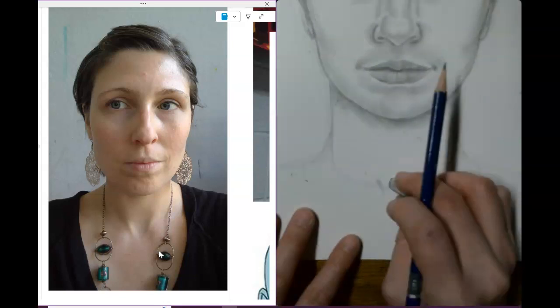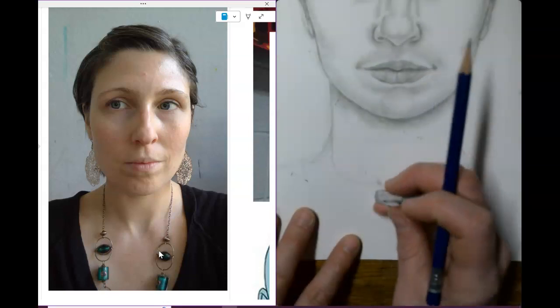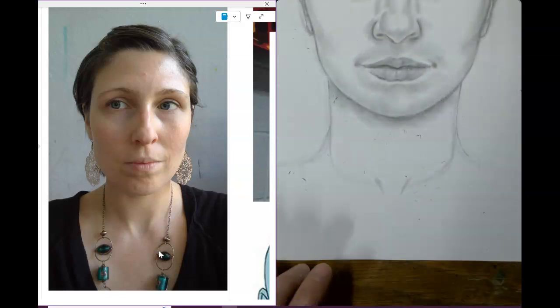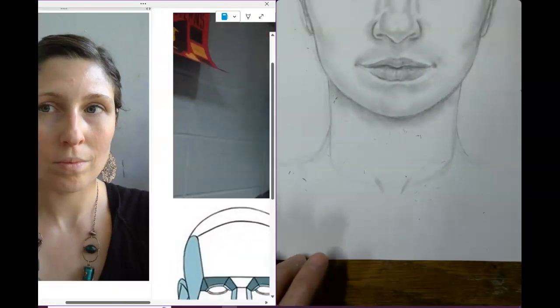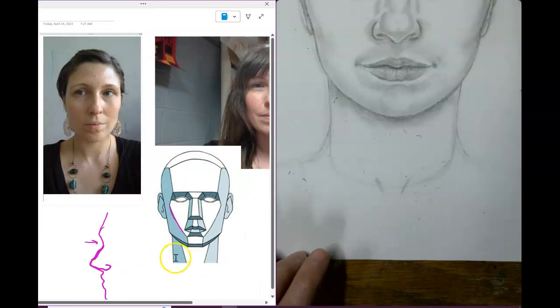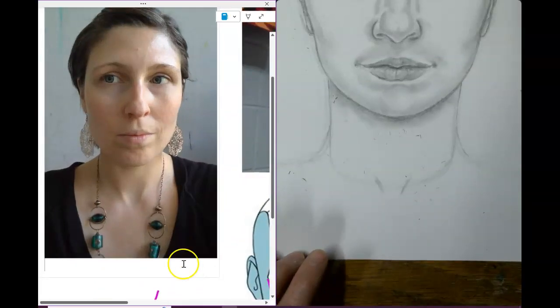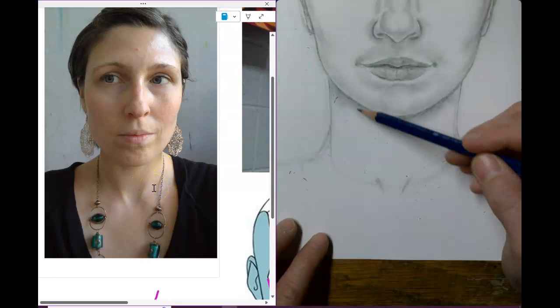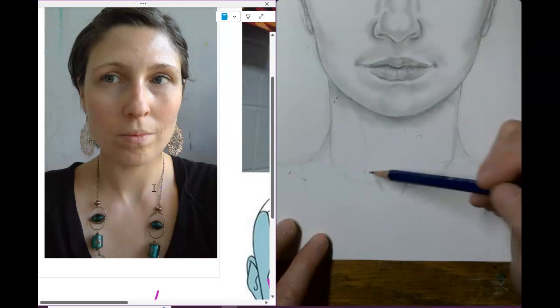All right, and I'm going to start lightly erasing that. The other thing, if we're looking at our planar analysis, they also have a line here and here. These are just showing the side planes of the neck, and kind of the structure of the neck with the windpipe in the middle. You'll see that here and here. So I'm going to go ahead and add very lightly again